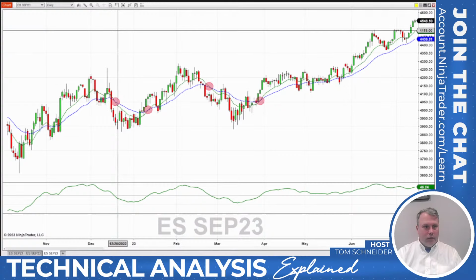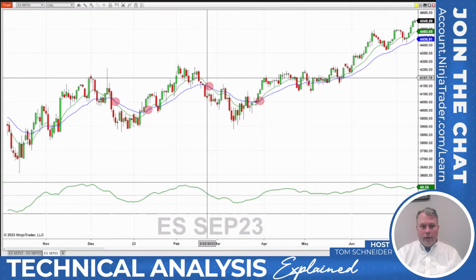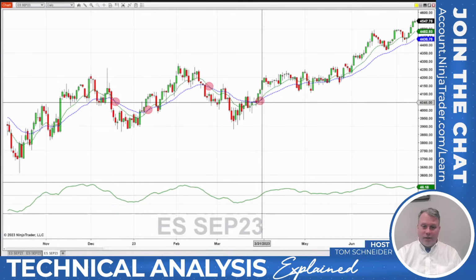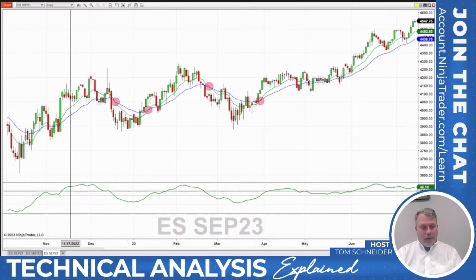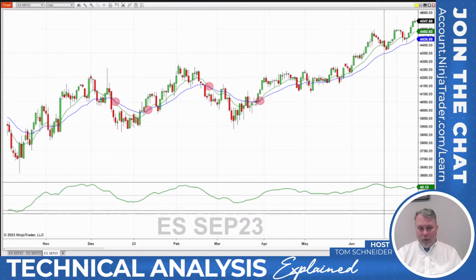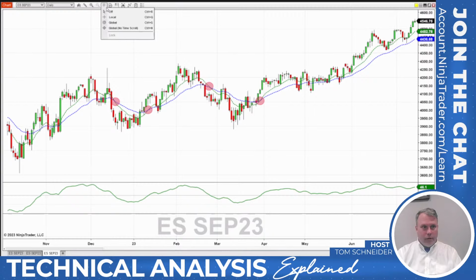It's crossing 0. So what I like about his thinking and the study here is it takes 2 lines and boils it down into 1, and it makes it easier to understand. So this line that we're seeing is the difference of these 2 moving averages. That's all it is. It's very simple. It's almost so basic, but Gerald Appel was the one to figure this out. And what's happening here? Well, there's a 0 line. This is where it's above 0 and below 0. We can see that very easily. I'm going to turn off the crosshairs real quick.